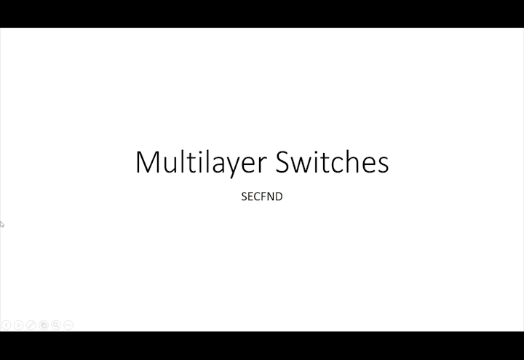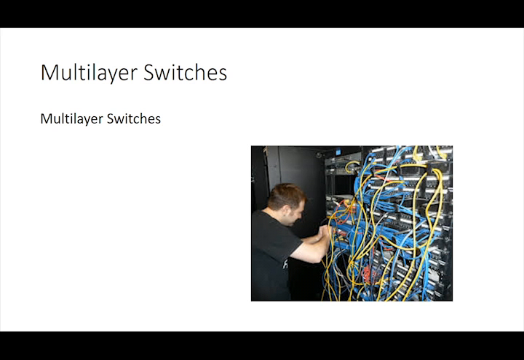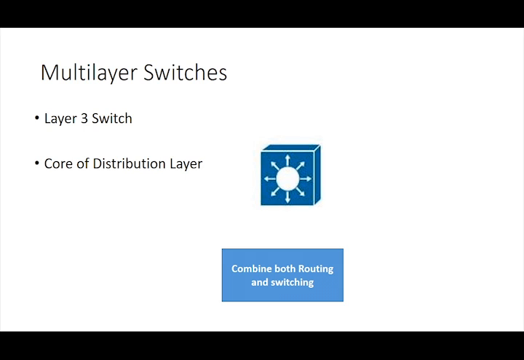As the enterprise infrastructure has evolved, so have Ethernet switches and routers. Multi-layer switches, which combine both routing and switching functions, have become increasingly popular. A multi-layer switch, commonly called a layer 3 switch, is a high-performance solution that provides an ideal core or distribution layer function